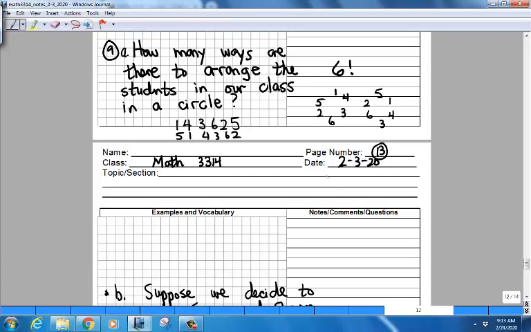1, 2, 3, 4, 5, 6. Okay, 1, 2, 3, 4, 5, 6. All right, I'll buy that. But how can you tell that this circle and this circle are not the same? If I said, looks like a circle to me, right? Their circles are round. All these things are round. So how would you know that